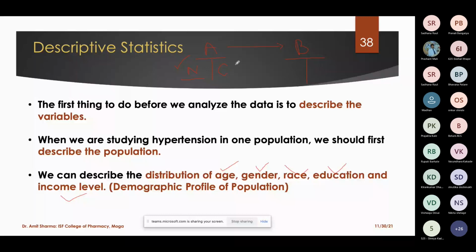If you want to represent data given in terms of numbers, that means numerical data, you describe your result in terms of mean and standard deviation, or the alternative is median and interquartile range. But for categorical data, obviously you cannot